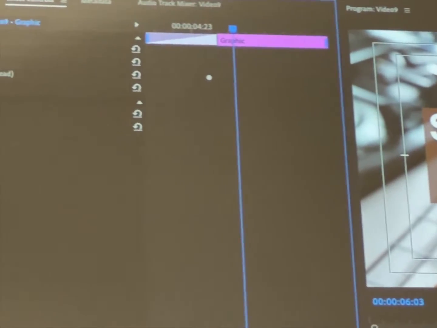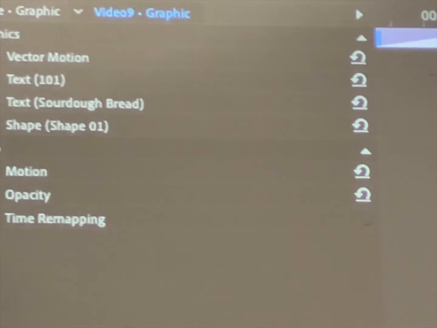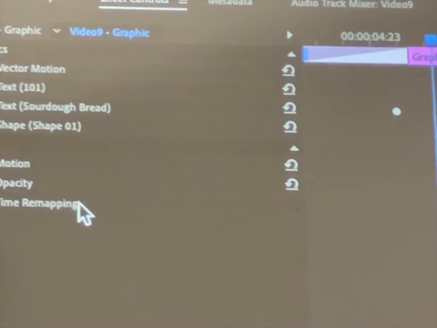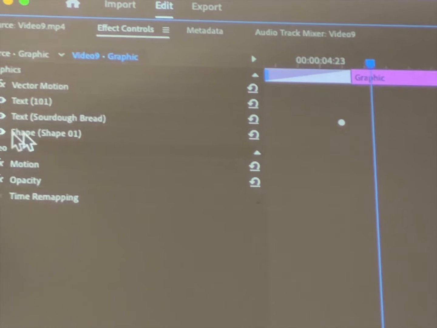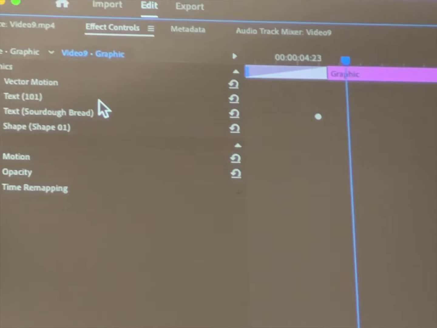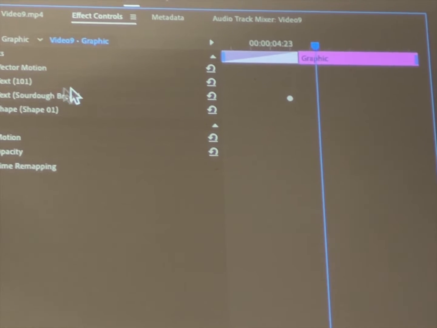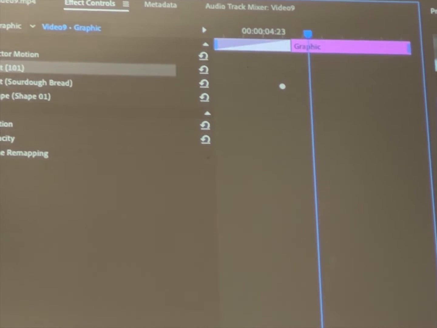But now we go up to this other menu. Instead of using the motion menu that we were just using, which is right down here, and again, you've got opacity on that if you want to play around with opacity. We go up here to our vector motion, which is the graphics, and we create the same thing up here. So again, what we want to do is